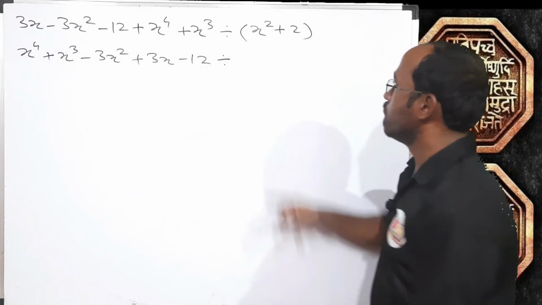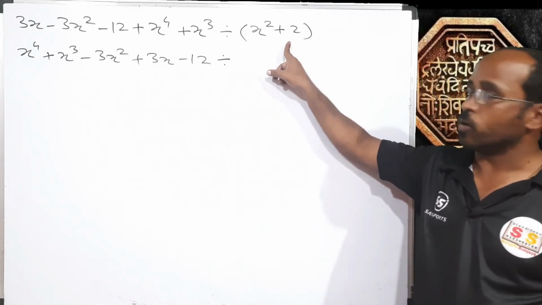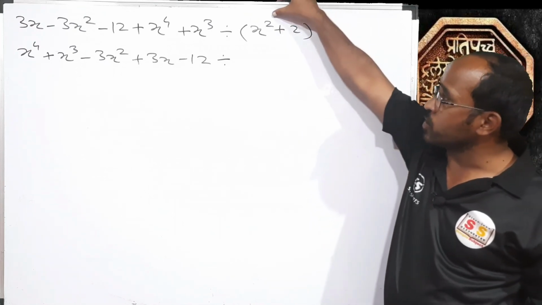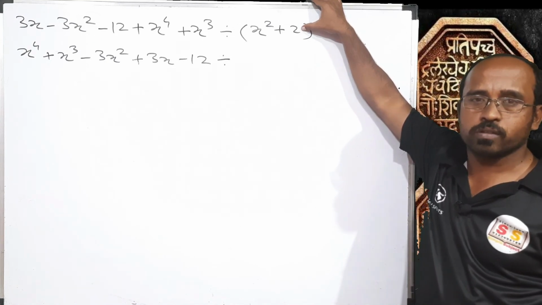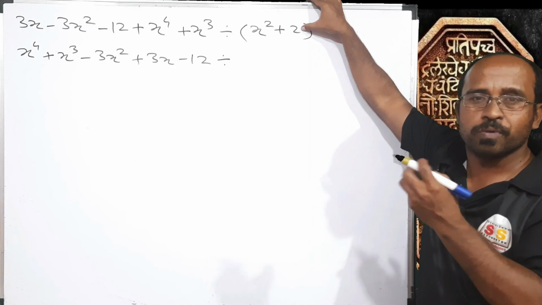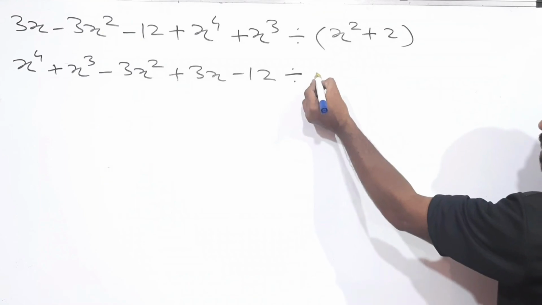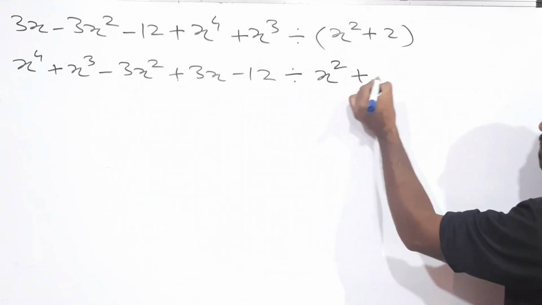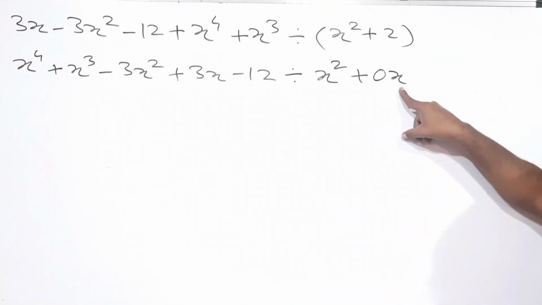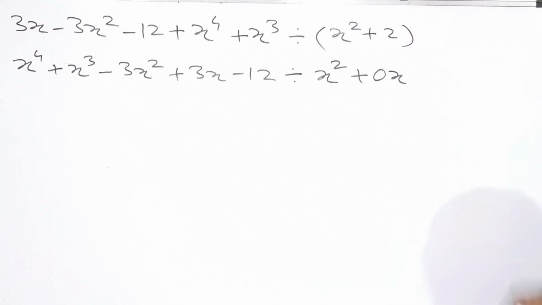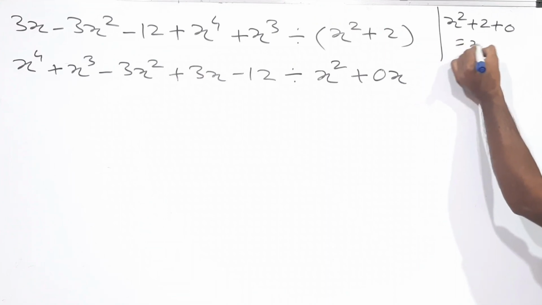Divided by x square plus 2, you may say sir it's already in the standard form, but actually it's not, because one index is missing. Here the index of x is 2, here x is not there, means the index of x is 0. So what about index x raised to 1? That needs to be introduced. So how will we introduce it? First x square will be as it is, plus 0 into x raised to 1. So 0 multiplied by any number, answer is 0, means we are just adding 0 into it. See, x square plus 2 plus 0, answer will be x square plus 2.